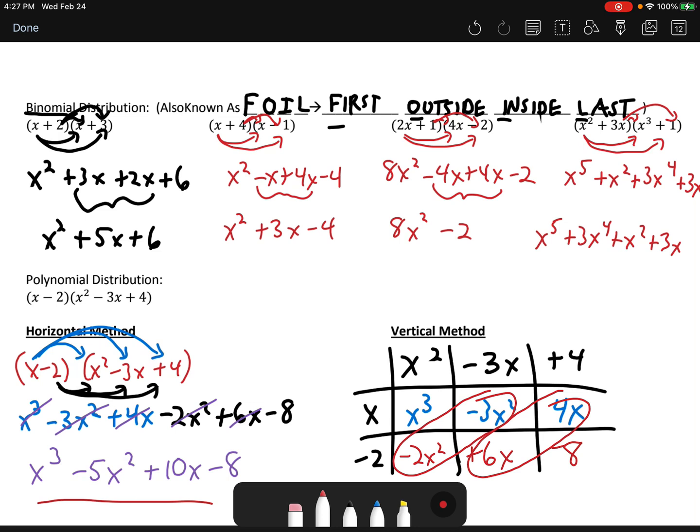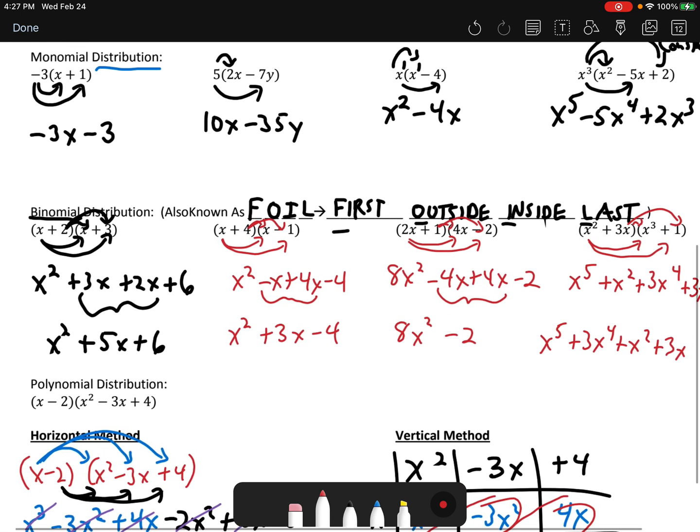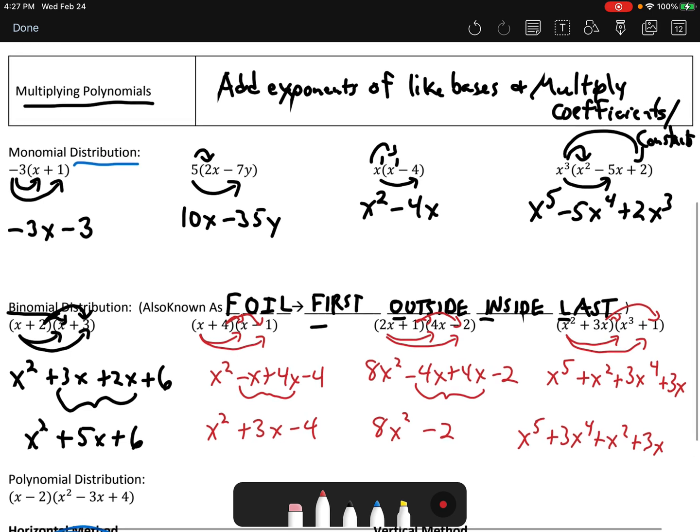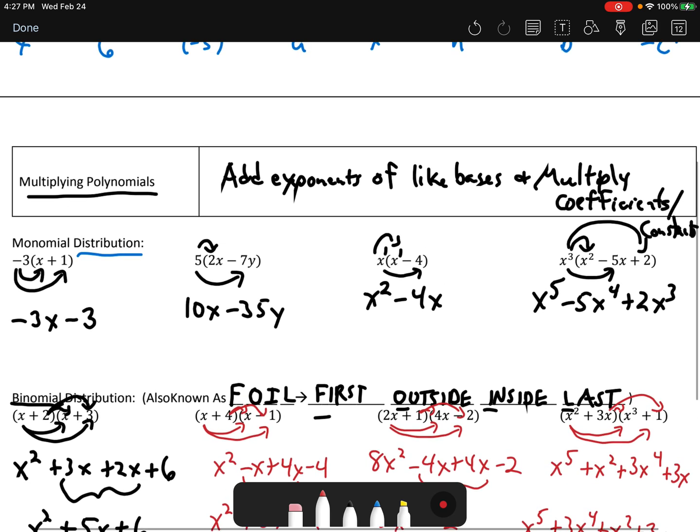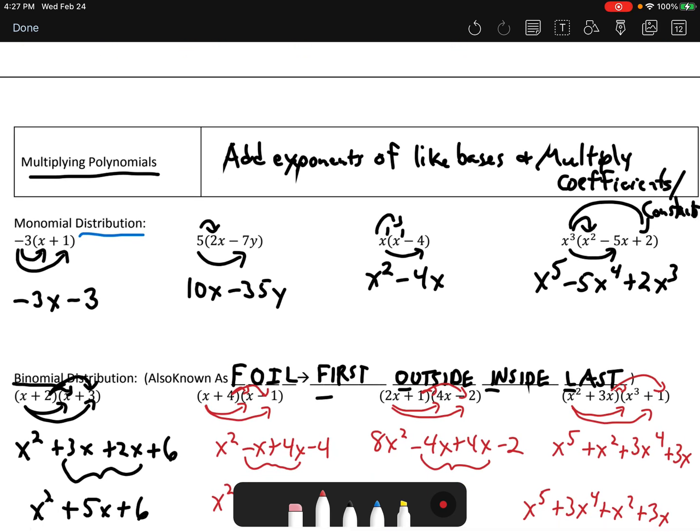So whichever method you prefer is how you multiply polynomials. A binomial times a trinomial. FOIL is what we use for two binomials, and then a monomial and a binomial we just distribute. And really, any monomial is going to be